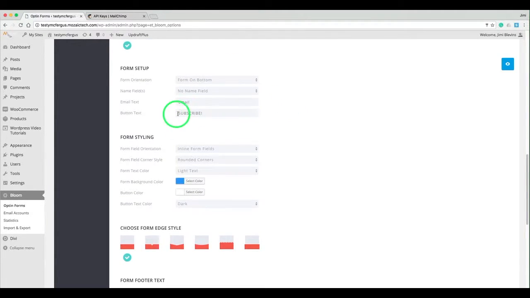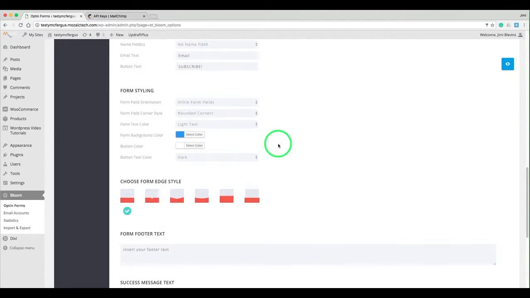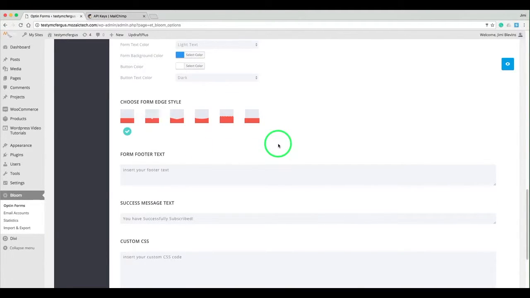So we can change our button text here. We can change pretty much anything on the form. You can go in and customize and make how you want. You've got all these form edge designs. Like right now, we've got it straight across. Pop up the preview and we'll show you